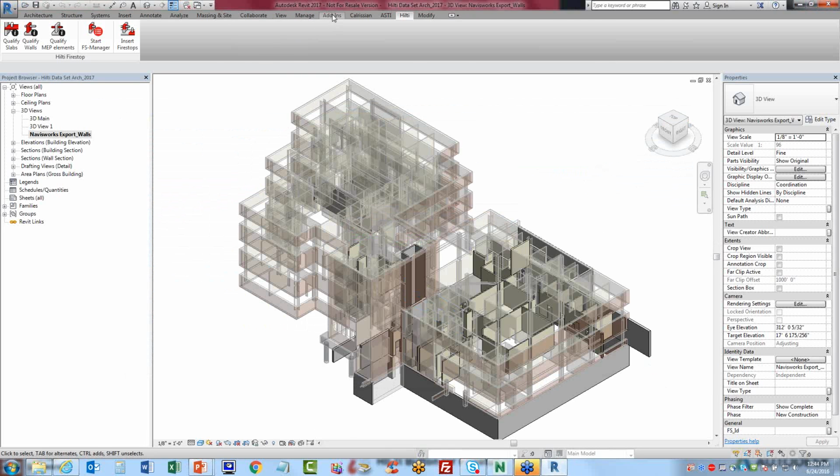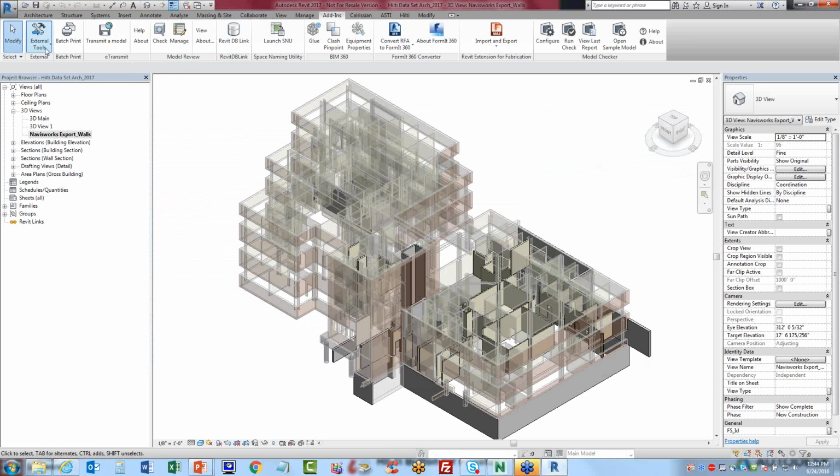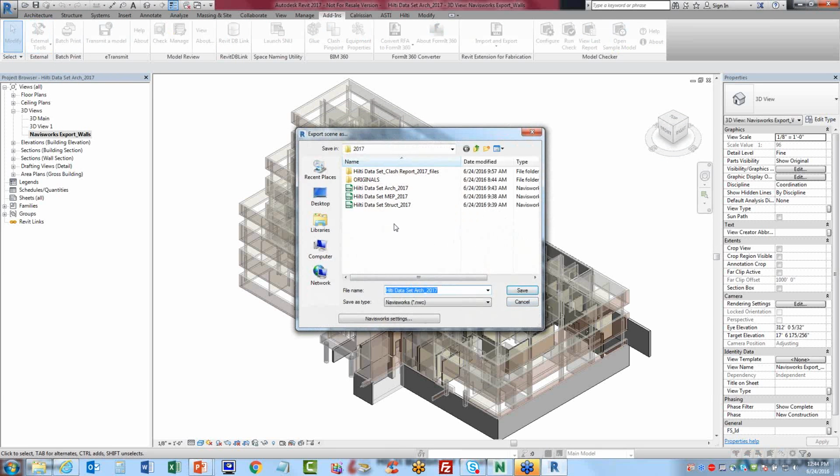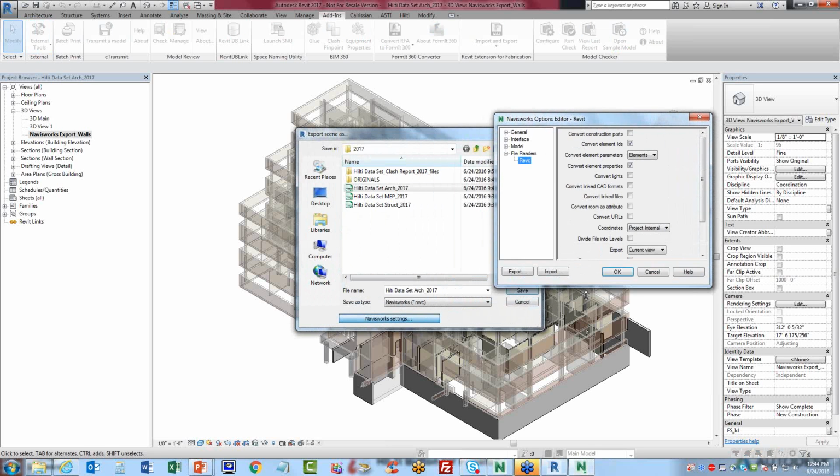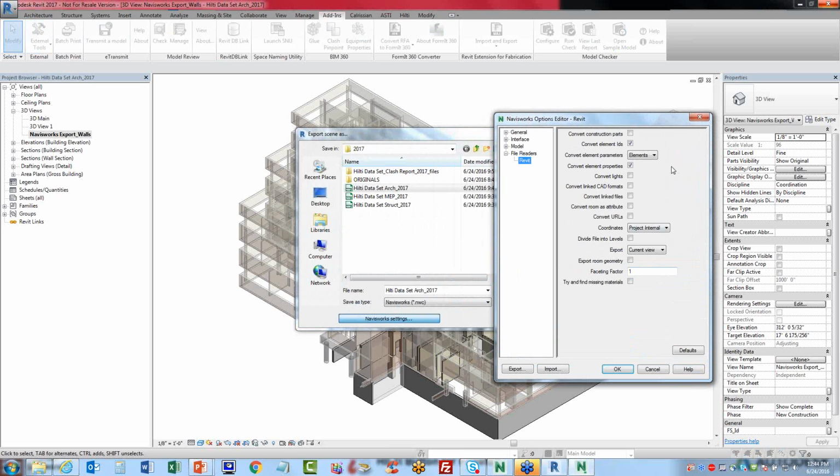The next step is to go to the add-ins and export this partial model into Navisworks Manage. We can look at the settings here quickly to make sure that we have the proper settings. For example, it's best practice to make sure that you convert element ID, convert all elements, element properties,